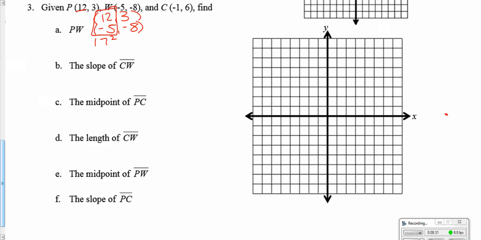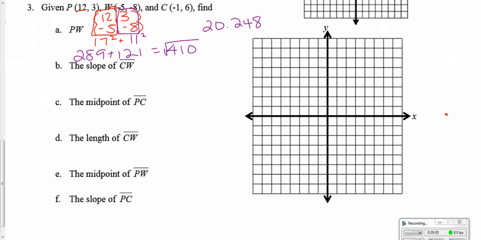So that's 17 squared, plus the distance from 3 to -8 is 11, so plus 11 squared. So this is 289 plus 121. Okay, and that equals 410, and then we square root that, and you can leave it as square root of 410 or